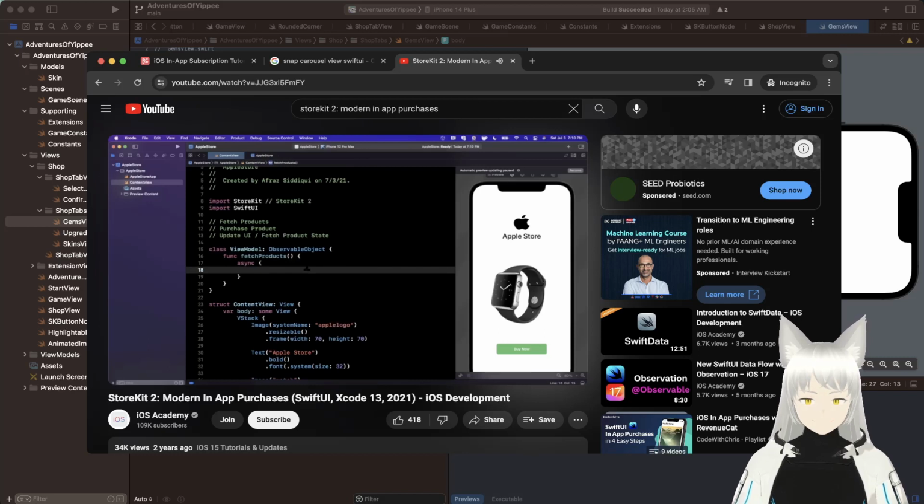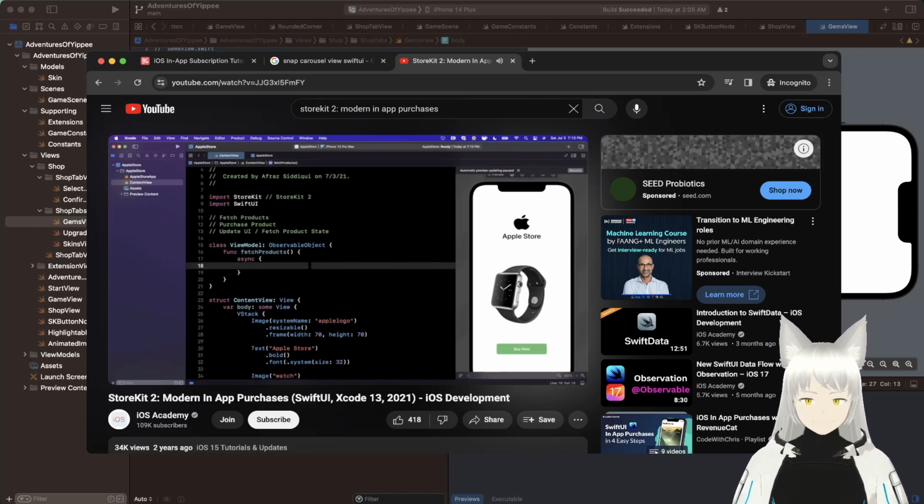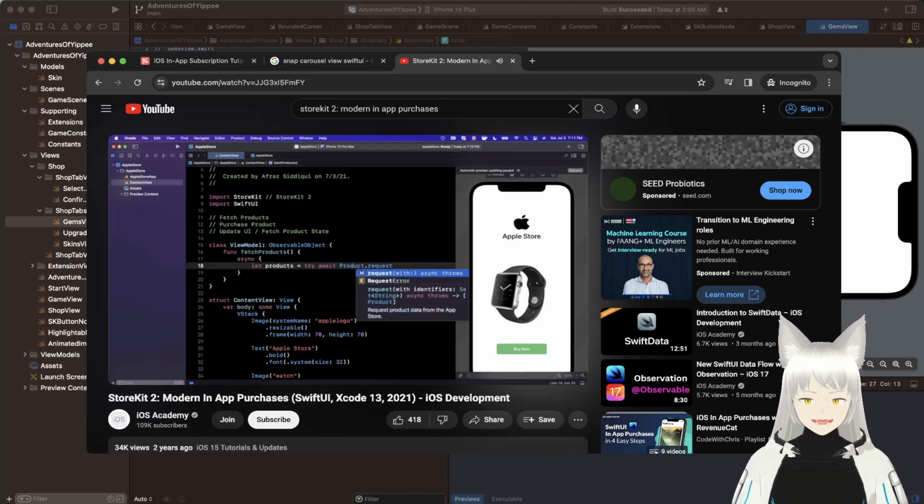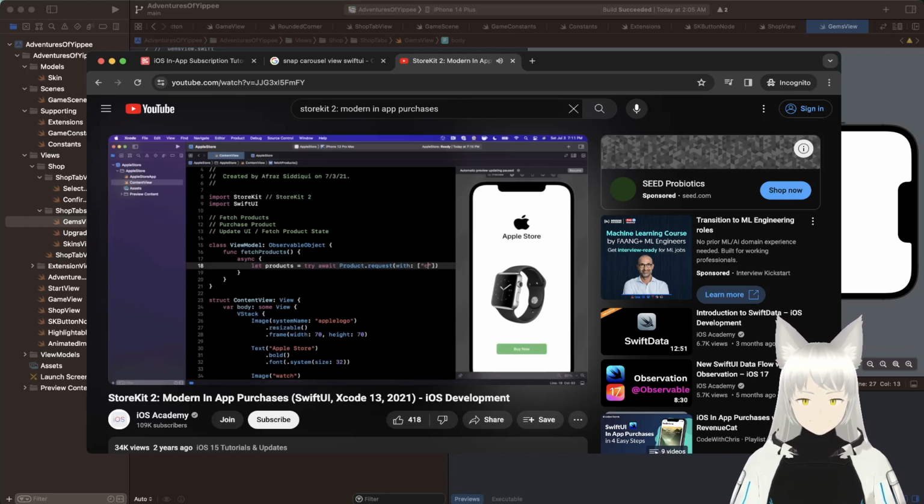So I'm going to say in this async block, we are going to want to fetch our products from the App Store. So we're going to say try await, and we're going to want to use the async await request product with the given identifiers. Now, these identifiers are basically what we create. So I'm just going to create